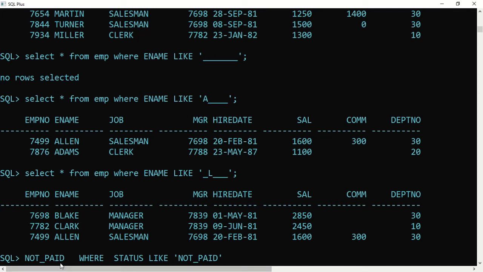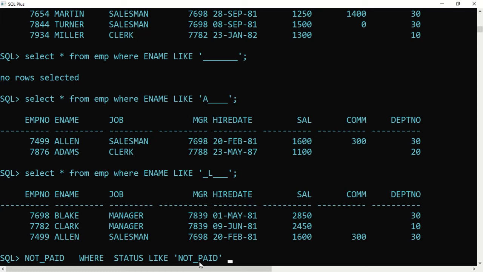So we have to say that this particular word has an underscore in it, so don't just ignore it. This is not a wildcard underscore, this is a normal underscore. If you don't give anything, it will be searching for not followed by any character in the underscore position, because underscore means any single character should be present here. So to negate that, this underscore should not have the special meaning, it is not a wildcard character.